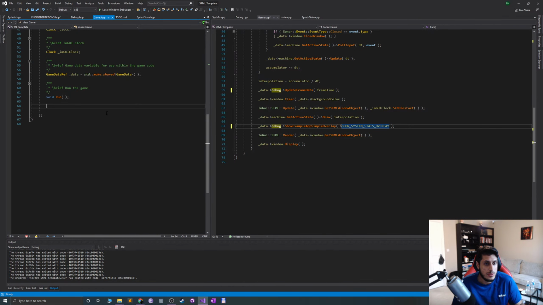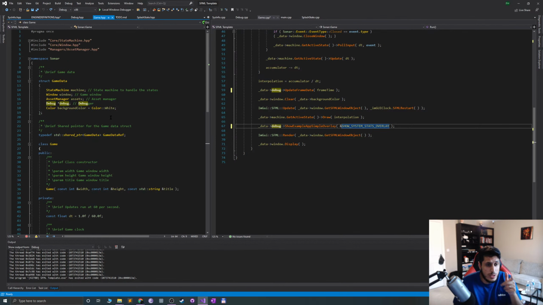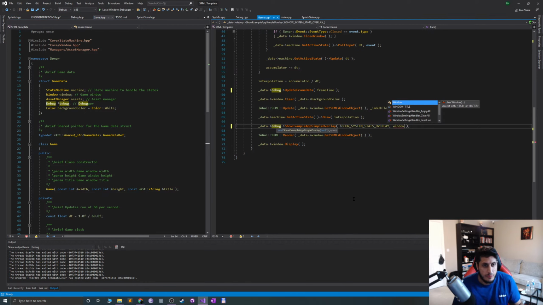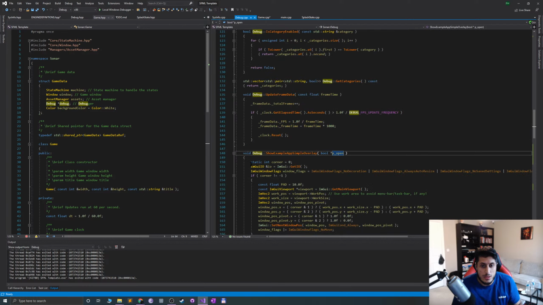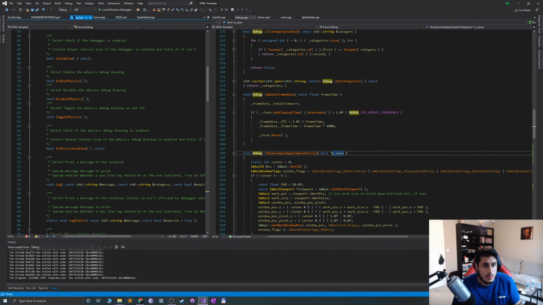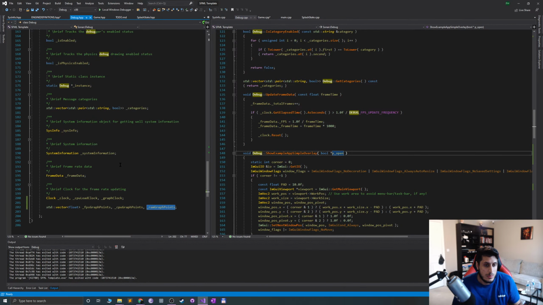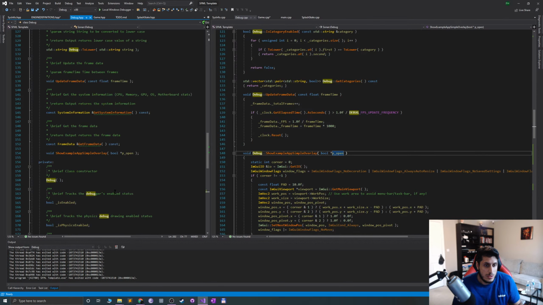What else is available in _data? So we've got window, which we're going to need. State machine, maybe not. Really, all we're going to need is the window, to be fair. So what we'll say is we'll literally pass in the window. So _data, and in debug we're going to say